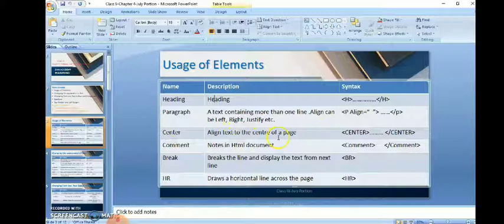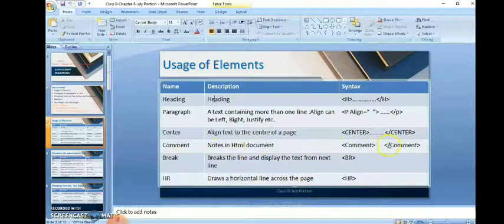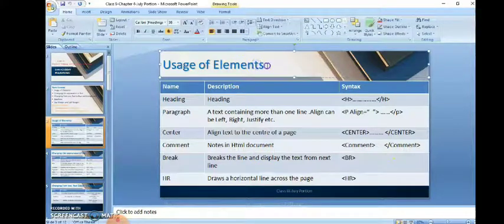Then HR draws a horizontal line across the page. Just have a look at the tags. We have an opening tag and a closing tag. What comes in a comment will not be displayed on the screen. So these are the usages of elements: heading, paragraph, center, comment, break and HR.